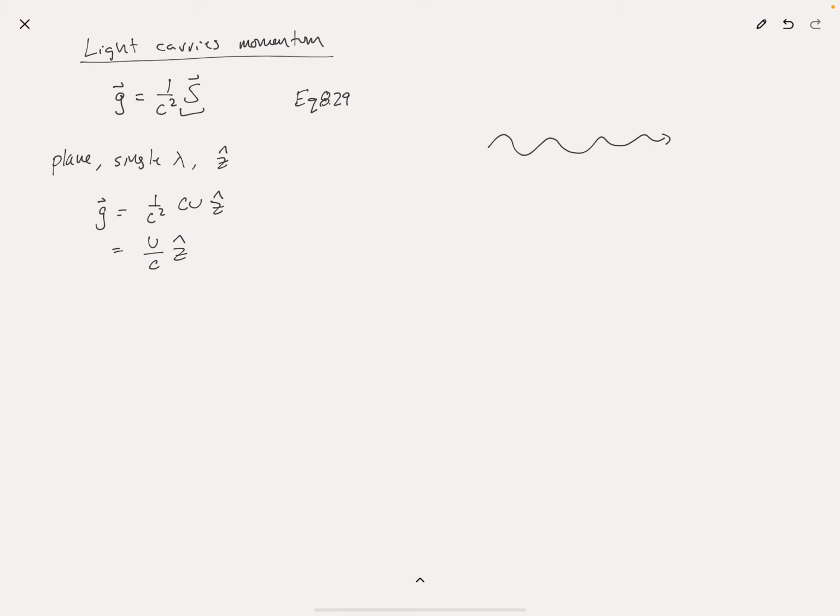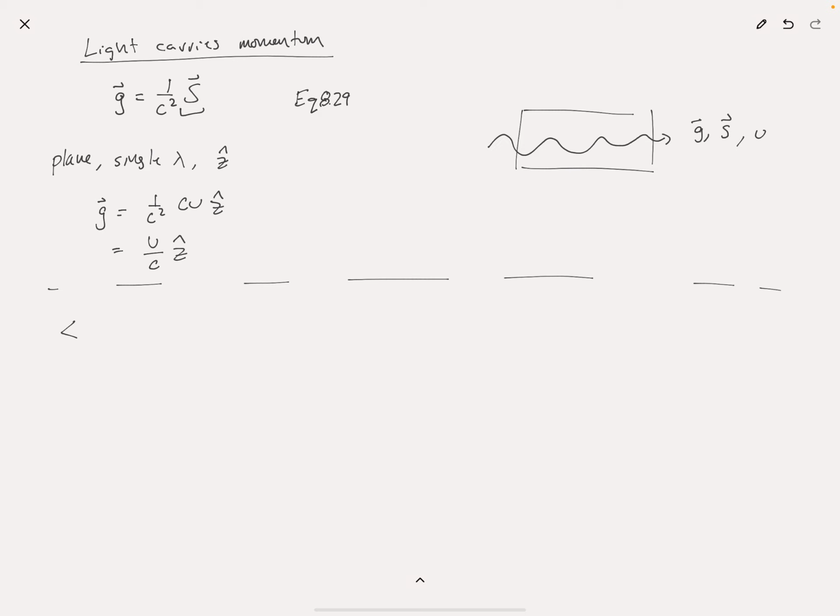Now, I have these waves that are traveling, and if I'm going to measure the momentum or the energy that's being transported, or even the energy that exists in some region, my measurement is going to be over many of these cycles, right? I'm never going to be able to measure a single oscillation because these things are oscillating so quickly. So instead of asking what is the energy or what is the momentum, I should ask what is the energy averaged over many of these periods. So if you average over many cycles, or at least a cycle,